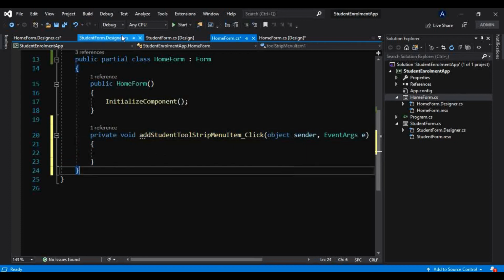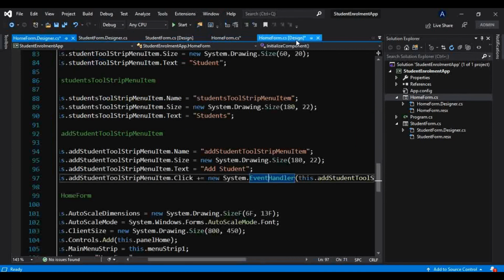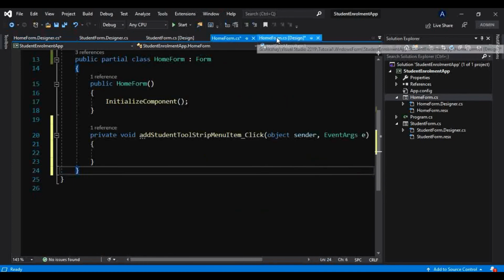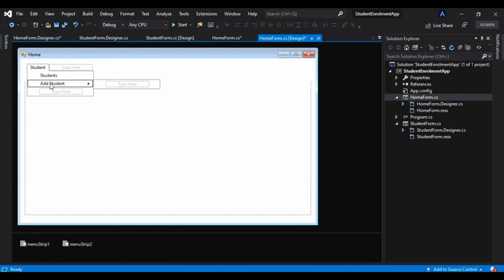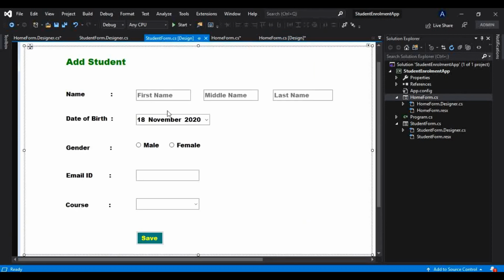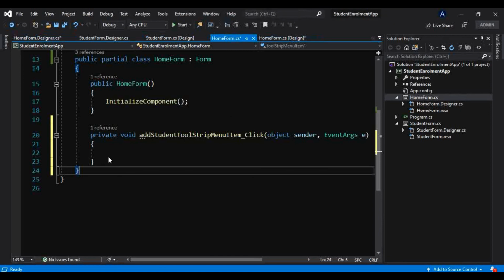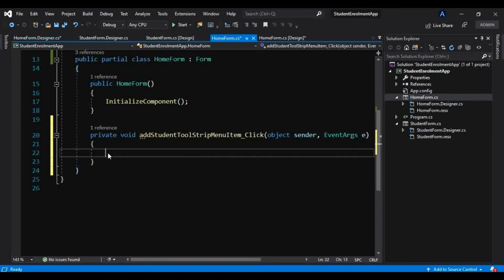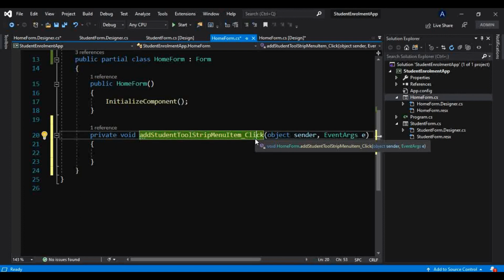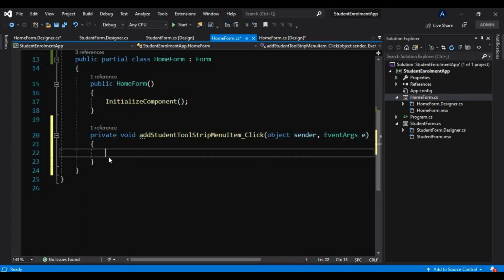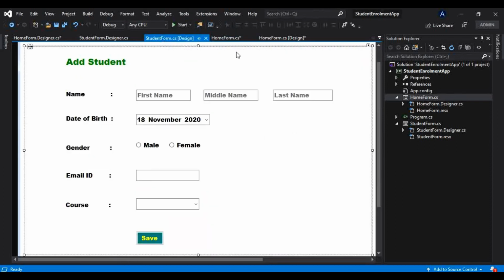Now, whenever we click on add student in the home form design, we should be redirected to the student form. For that, in the code-behind CS file, this is the method for that button's click event, and we want the student form to be generated.